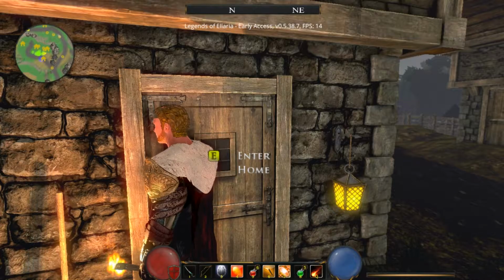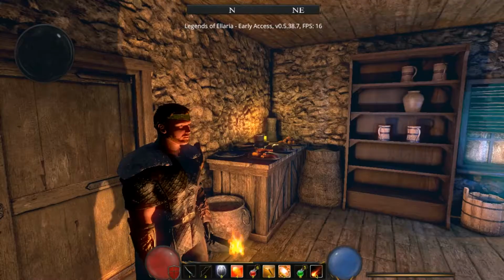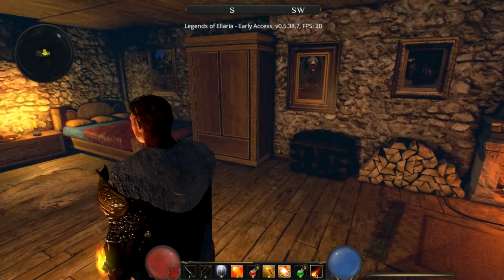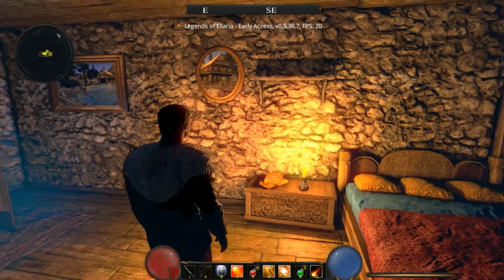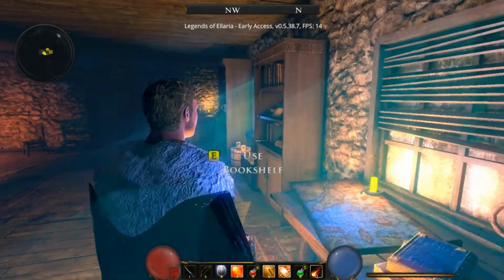Now you can see here it says enter home, so we now have a home and we're going to go visit it. Okay, so this is our home here. At the moment we just got a room, so everybody's home is going to look the same, I guess. But hopefully, what I'm hoping is that